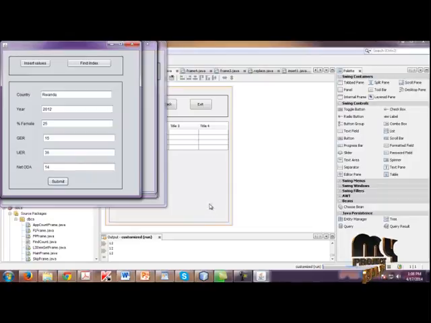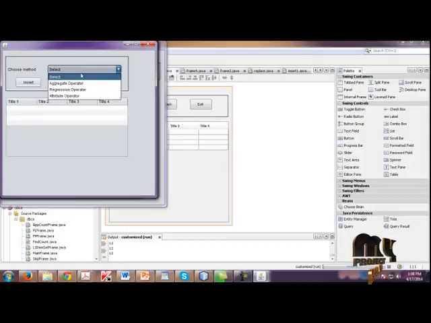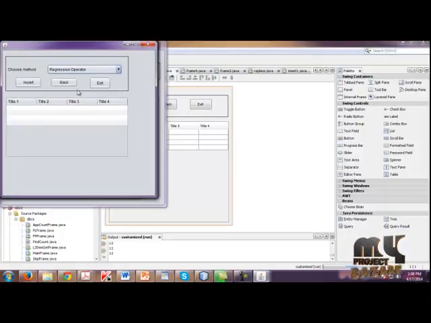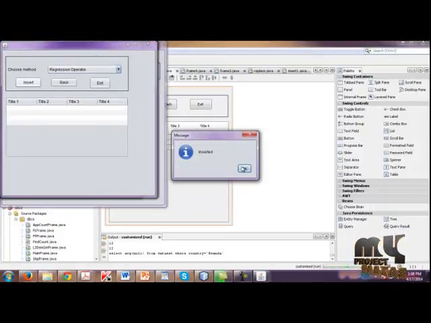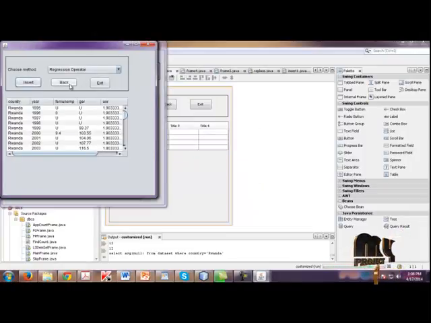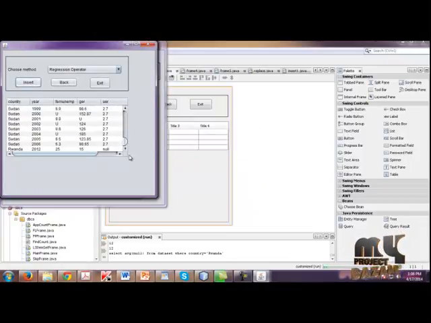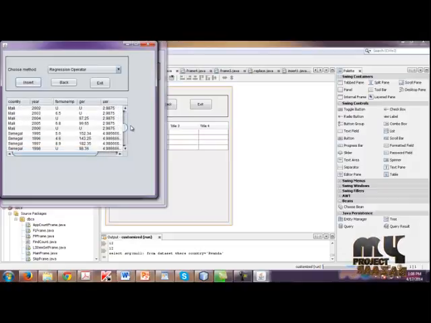And then submit. So the values are submitted, and then click find index, select a method. Now I am going to choose the regression operator. So the values are inserted here. Then finally our null values are replaced by other values.